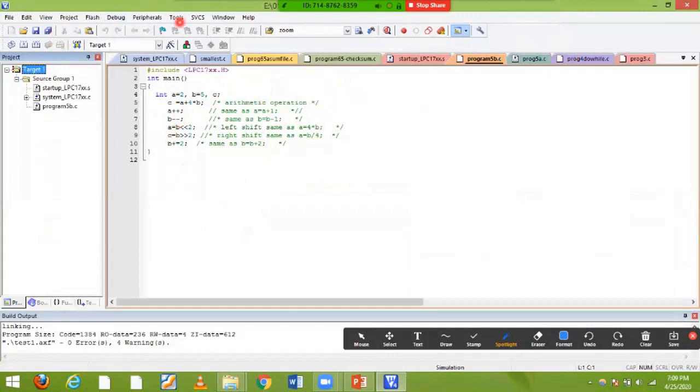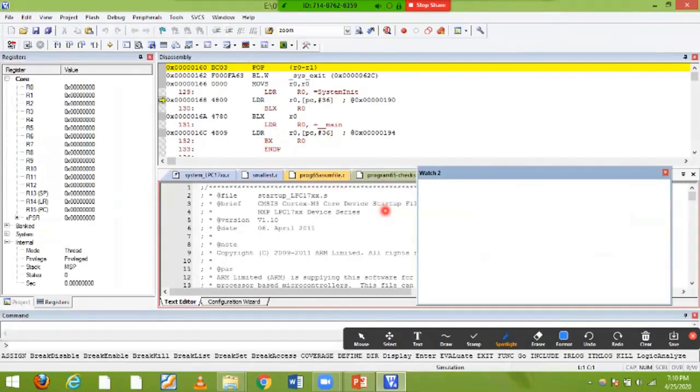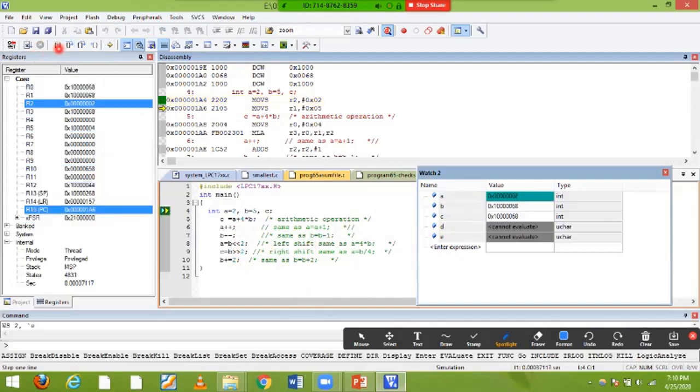Let's see that. First save this, build target, 0 errors, you can leave the warnings. Next go to debug. Now you can see that I'm going to use A, B, C, D already; once you enter them they are there, otherwise you can enter any extra variable, but I'm not going to take anything. Let's see, go to an instruction executed first. A value is 2, B value is 5.